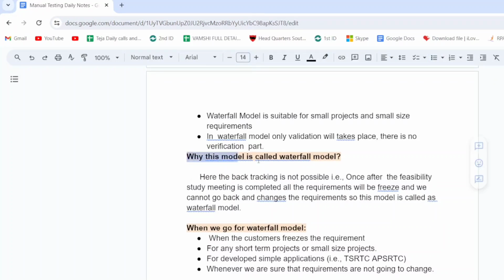Next, why is this model called the waterfall model? Here backtracking is not possible. Backtracking means, for example,